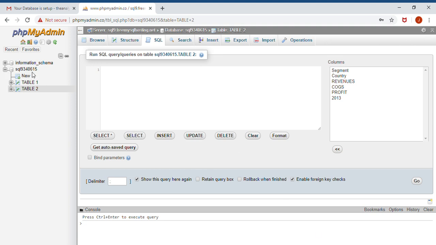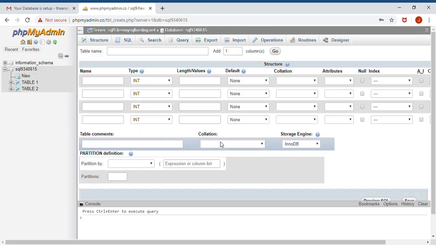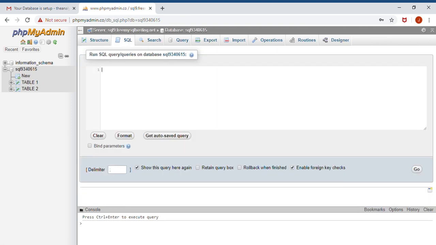When you create a table, you can click New, and then you have to structure your data. You put the column name, and you put the type, whether it's an integer or varchar. Once you have that, you can use this query. Now all this information is fake. I made up the information for table 1, and table 2 was downloaded from a fictitious company online. And to insert the information,